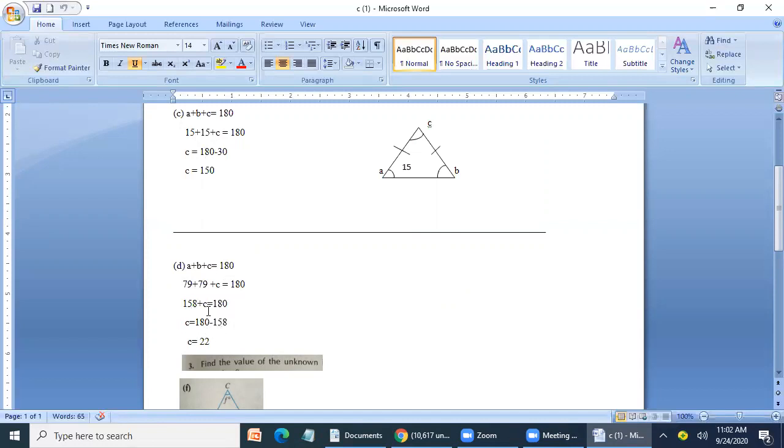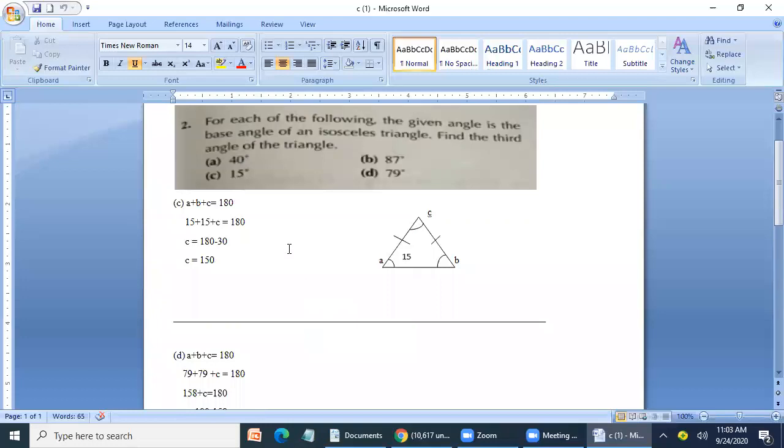As you all know, when one thing is plus, when we shift to the other side it will get the opposite sign. If it is plus then minus, and if it was minus it would become plus there. Now 180 minus 158 is equal to 22 degree. Okay. So in this way I will give you these two parts, A and B, in a homework or an assignment.